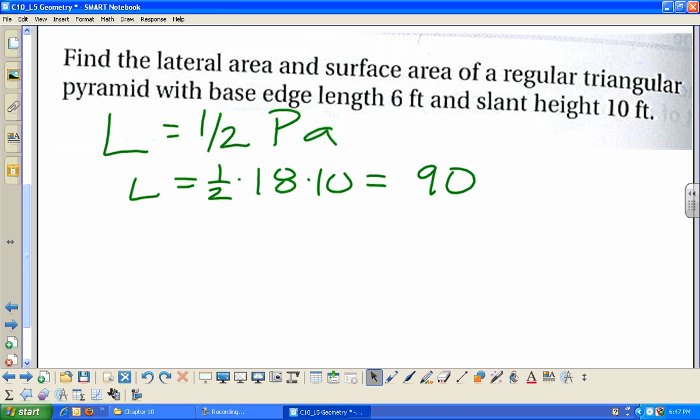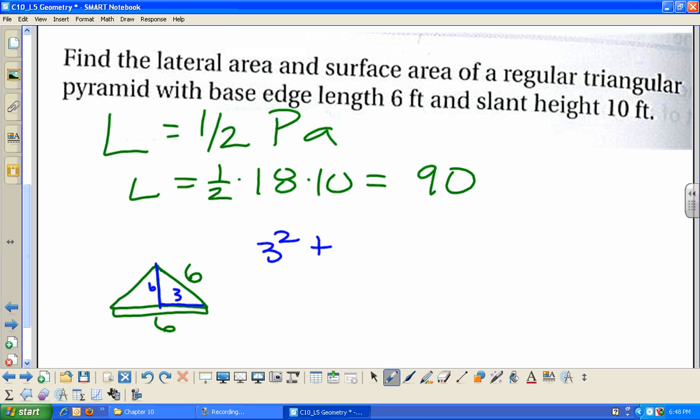Now, if I draw a picture of just the base of this pyramid, and if this is a regular triangular pyramid, that means the base is an equilateral triangle. So this whole side length here is equal to 6. Now, if I draw the height of this triangle, I know that this length is also equal to 6. Once I draw the height, just this length here will be half that, which would be 3. So if I'm looking for the height of this triangle, because I had to find the area of the base, I'm going to have